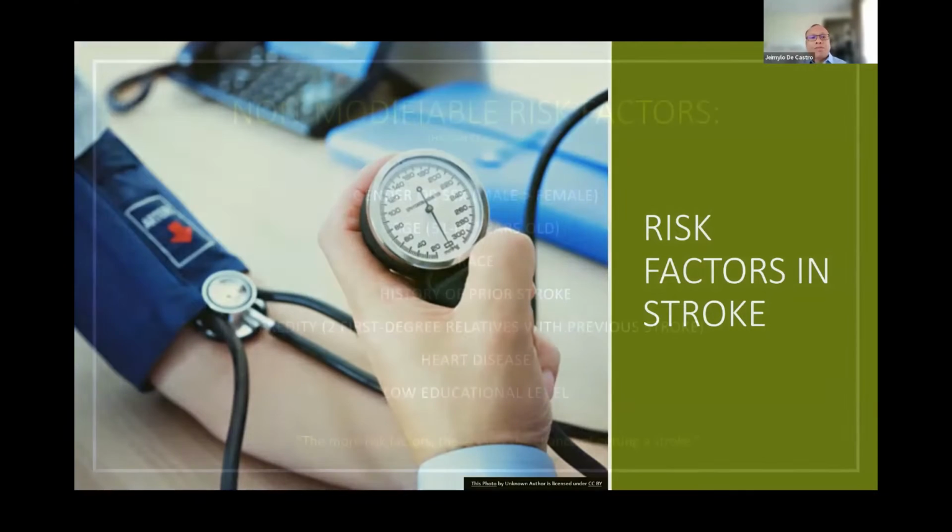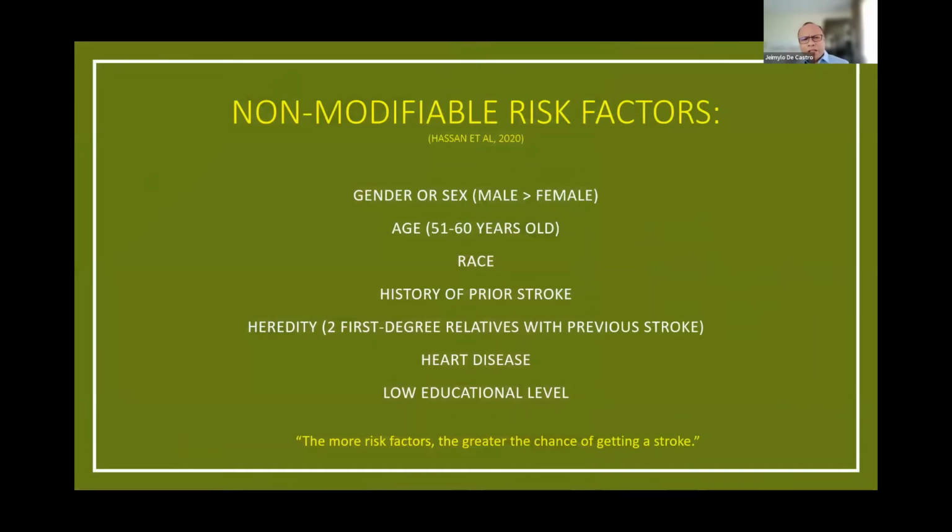Okay, so what are the risk factors in stroke? Okay, so I divide this into three parts. What used to be just the risk factors are the non-modifiable and the modifiable, but I added one more thing, and I will show that to you later. So these are the non-modifiable risk factors. You cannot do anything about it: gender or sex, age, and then race, history of prior stroke, heredity, heart disease,